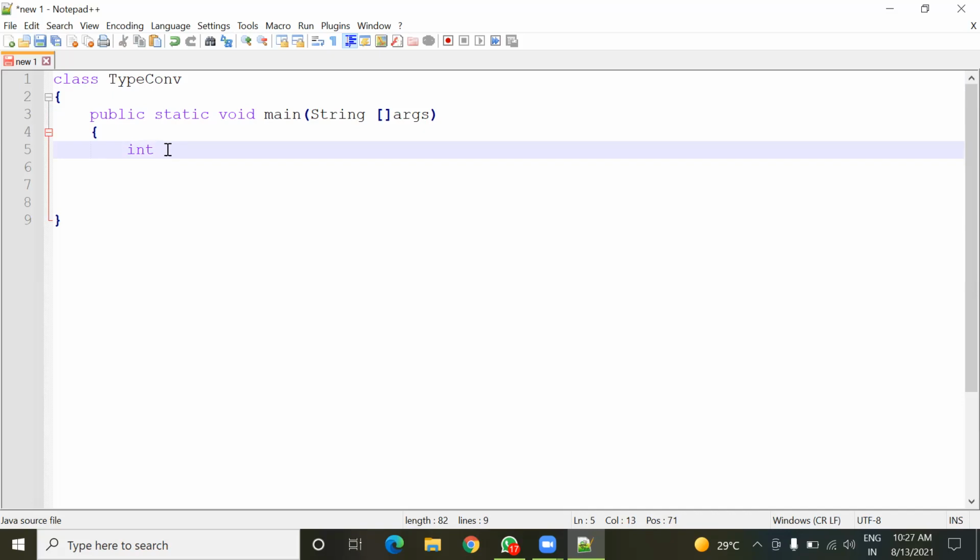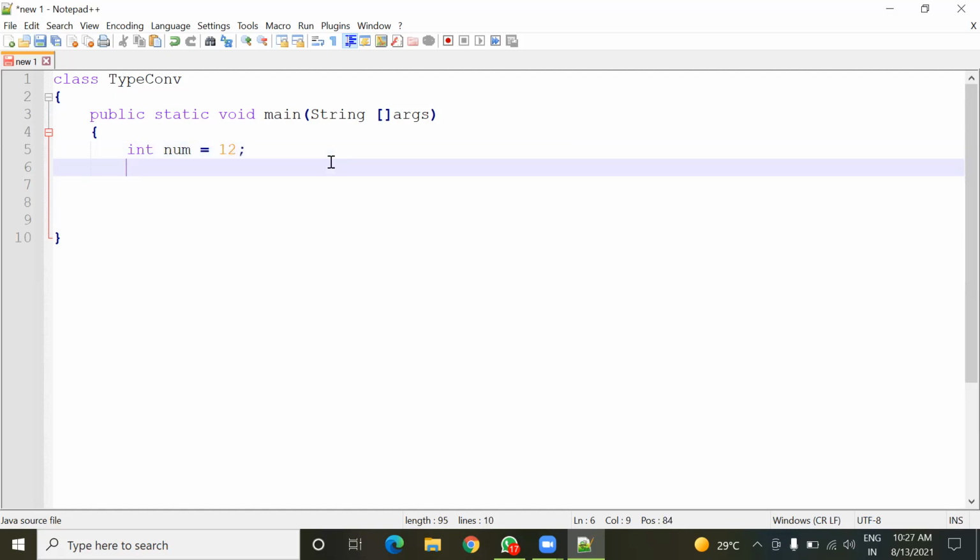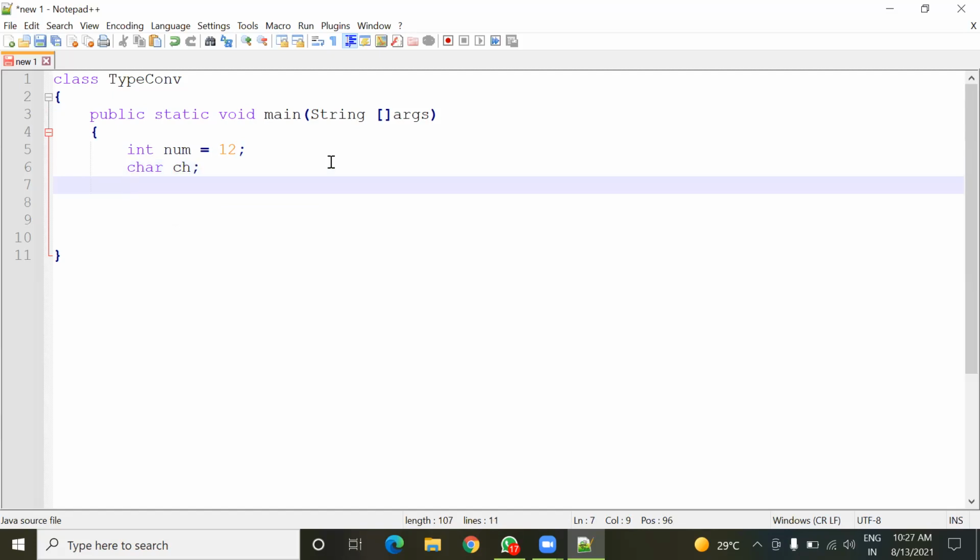So now in the main method here, I'm going to take one variable and the name is num, and here I'm going to store a value inside num. Now I'm going to take another variable of character type, and it is ch. And in the next statement, I am going to assign the num value to the ch variable.